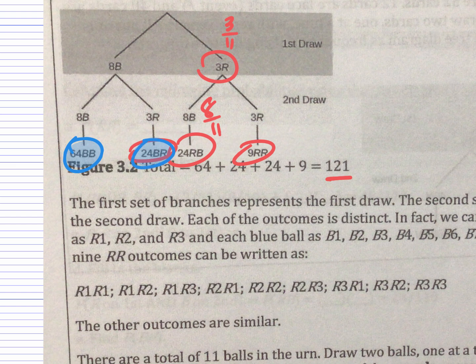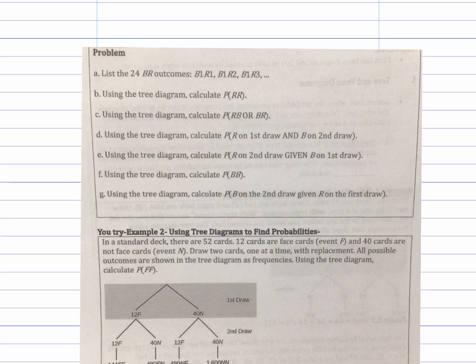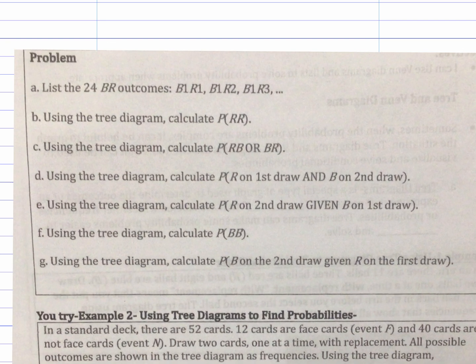Only 24 branch. We had R on the first draw in the last 2 outcomes in our tree. So 24 plus 9 is 33. Second draw was 24. All right, so in this example, part A asks us to list the 24 BR outcomes,